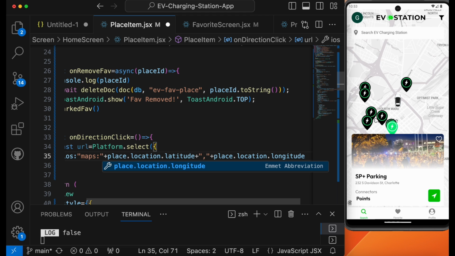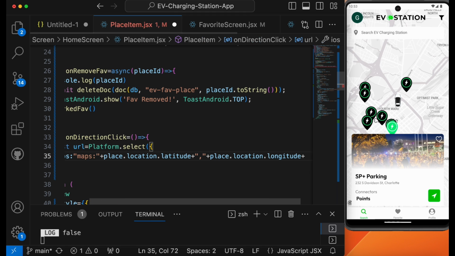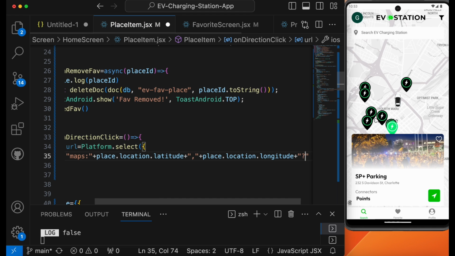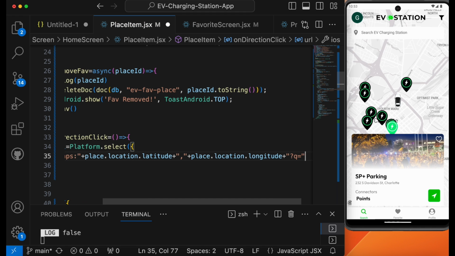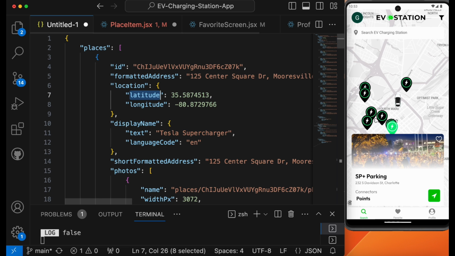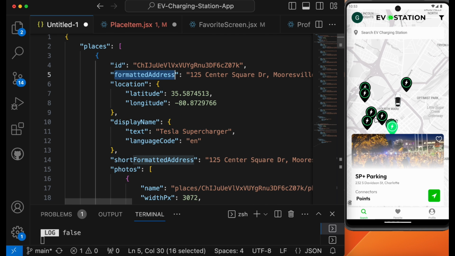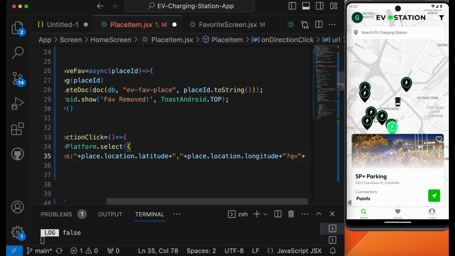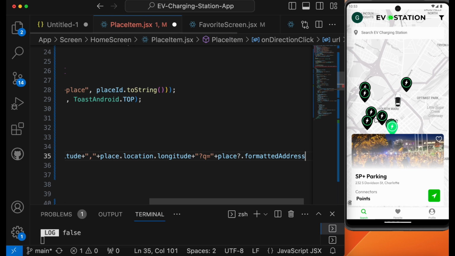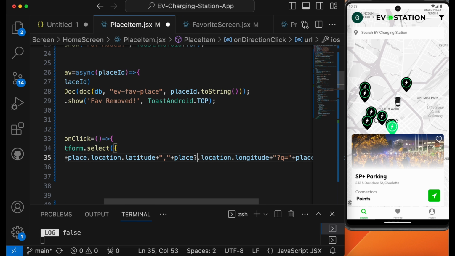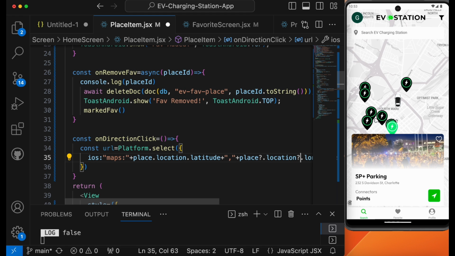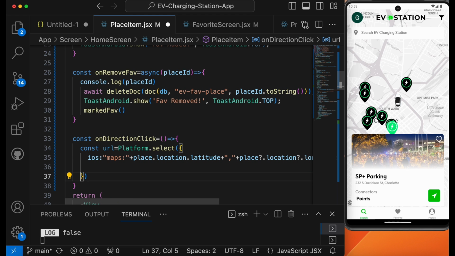Okay, and after that we have to write the address. So plus is equal to question mark q is equal to, it means the query, and the address. If you see, we are getting this address from this formatted address. Okay, so place dot formatted address. Just make sure that you are writing this optional field. Same thing you have to do for now